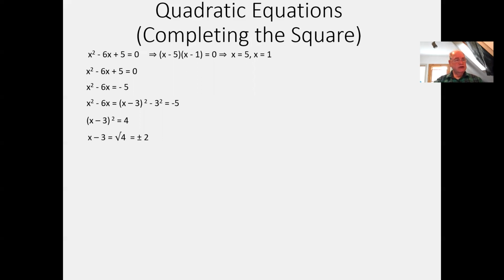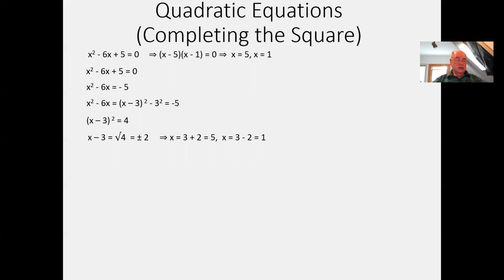I have the square root of 4, which is plus or minus 2. I do want to use a plus or minus 2 because I'm solving a quadratic equation. I know I'm looking for 2 different solutions. So I'll write that radical 4 as a plus or minus 2. And I'll simply bring the minus 3 over. So I'll get plus 3 plus 2 and plus 3 minus 2, which will generate my 5 and my